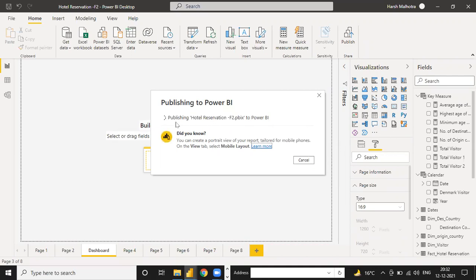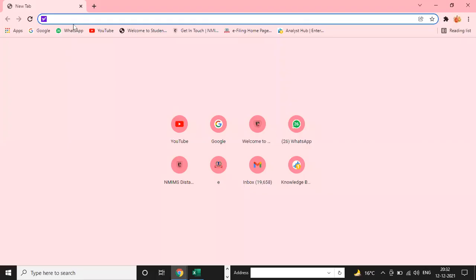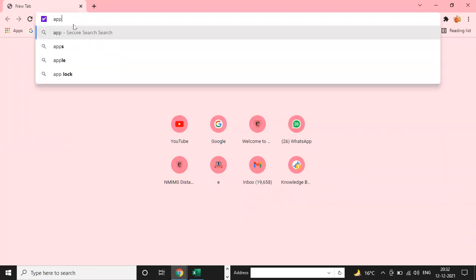Publishing, and now it's publishing. It will take 1 or 2 minutes, not more than that. See, success. Okay, now open Google. Here is the option of app.